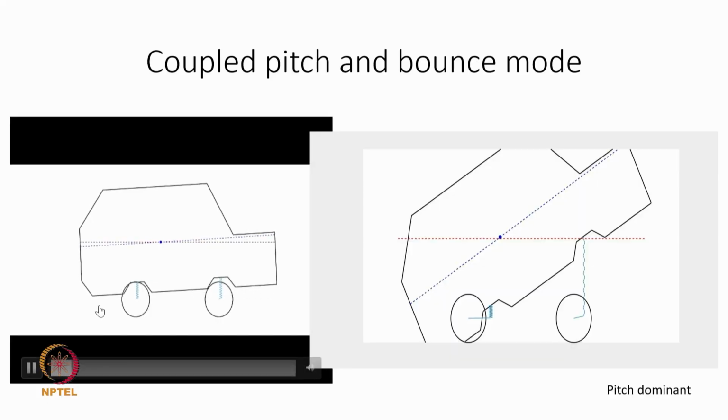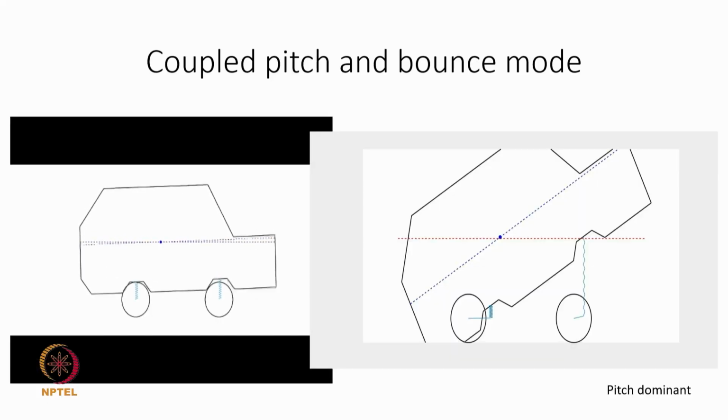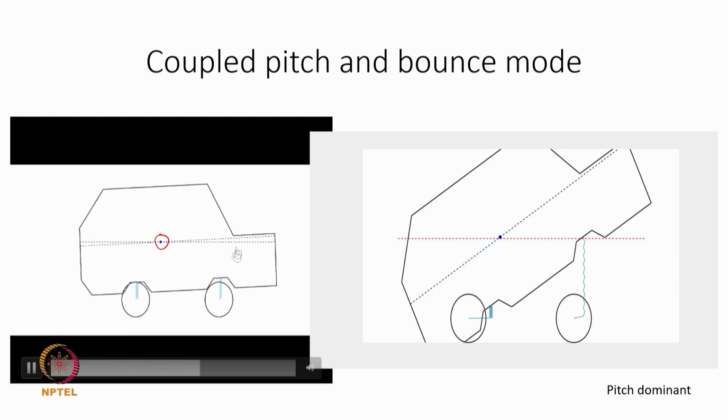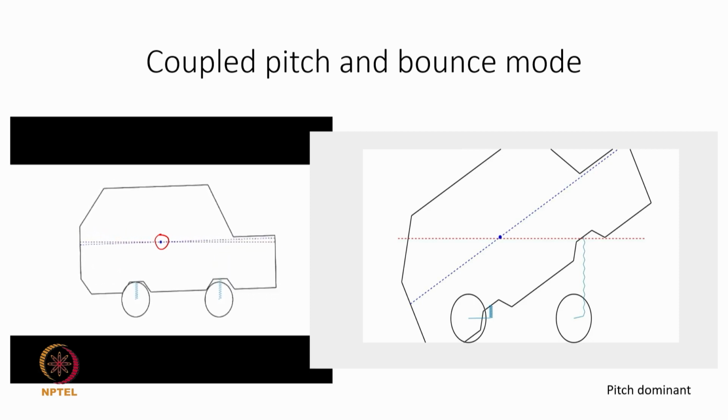And so if I animate these coupled pitch and bounce modes, the first mode looks like this, almost pitch. There is a bit of a bounce motion that might happen, and compared to the value of the pitch, the bounce is almost negligible, but there is a slight vertical motion that you can expect in this coupled pitch